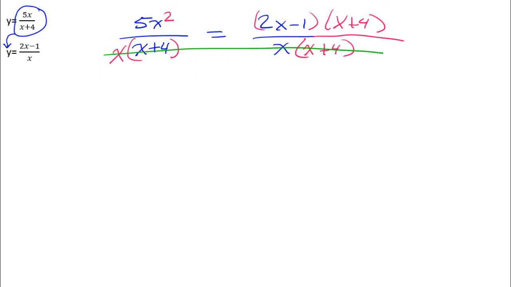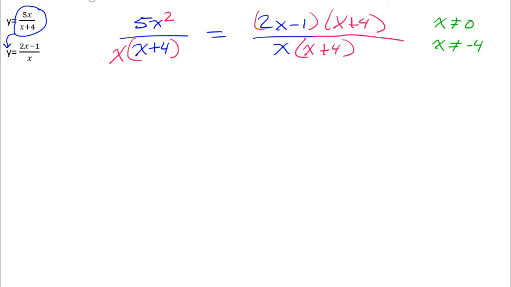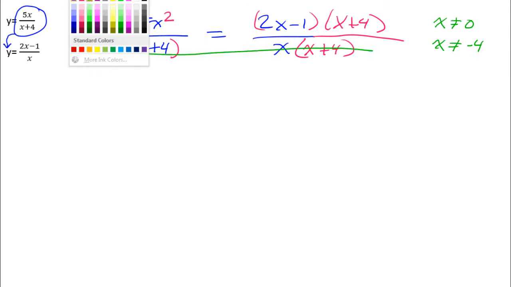By the way, maybe before I cancel them out, I should pay attention to the excluded values. X cannot equal 0 because of the x, and x cannot equal negative 4 because of the x plus 4. So let's just make sure that none of our answers turn out to be that. So back to business. I believe I was canceling these out. So that's going to give me